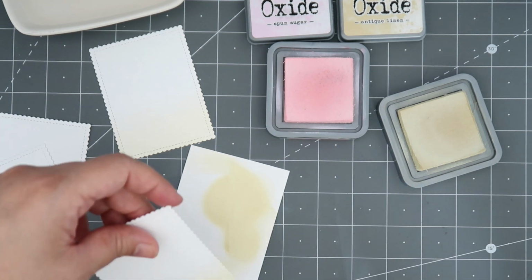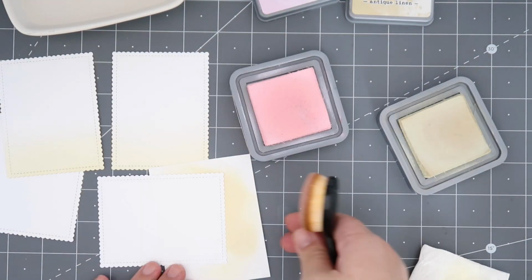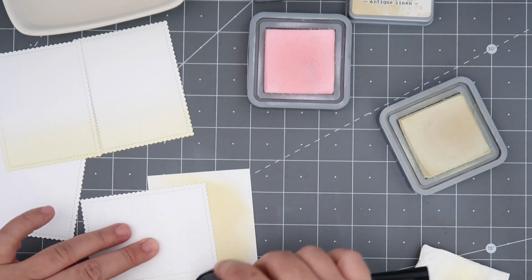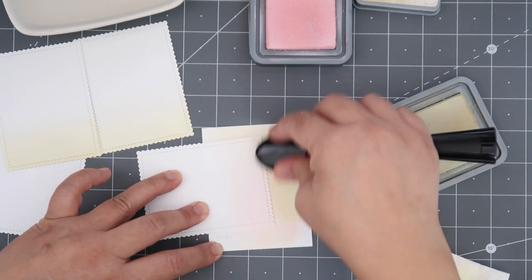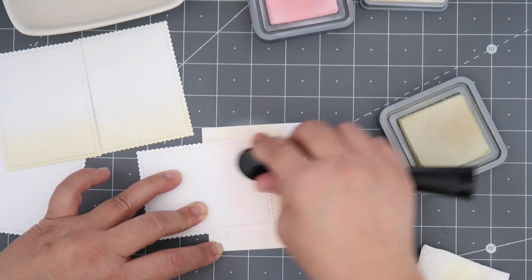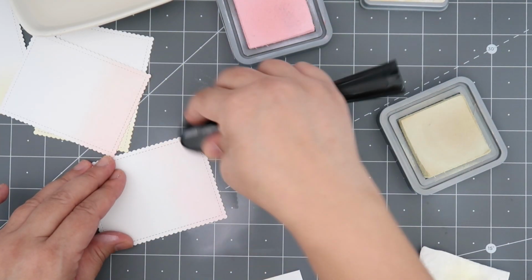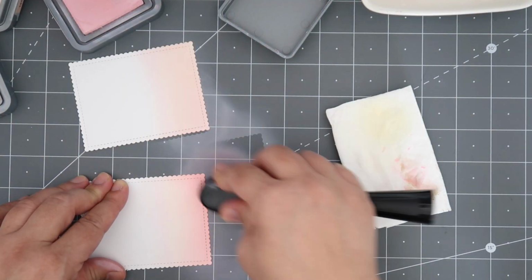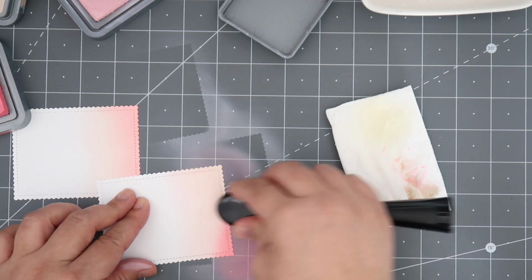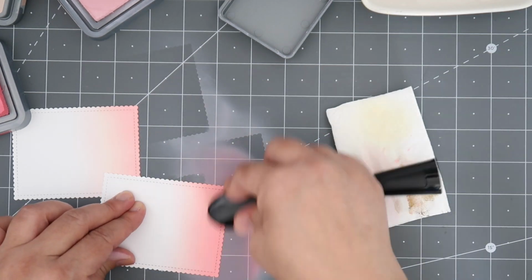But that's okay too. I decided to make favor bags today just to have on hand, because sometimes you like to have things just in case. I don't want to say if you forgot someone, but just in case you want to give away some extra gifts. So this is part of the favor bag, the Mama Elephant favor bag die, and it comes with